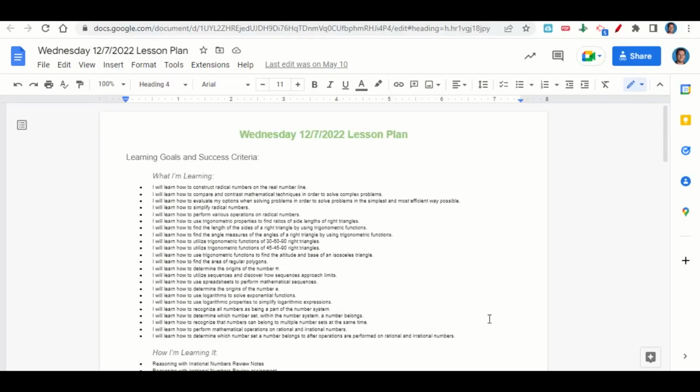Welcome everyone. Let's begin our lesson for today by going over the learning goals and success criteria. First, what are we learning? We're learning how to construct radical numbers on the real number line, compare and contrast mathematical techniques in order to